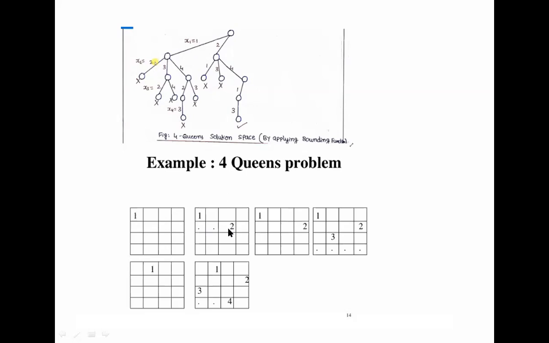in third column, I placed it in third column. Next, I want to place 3. I want to place 3 here, diagonal. It will violate the constraint. Here also you cannot place. And we place 3 here, but we cannot place the 4. So that's why we neglect this one. Then here the 4. All these are not possible because they violate the constraints.